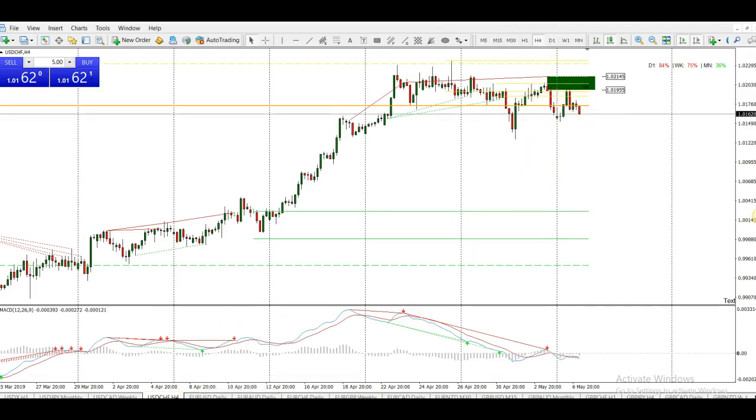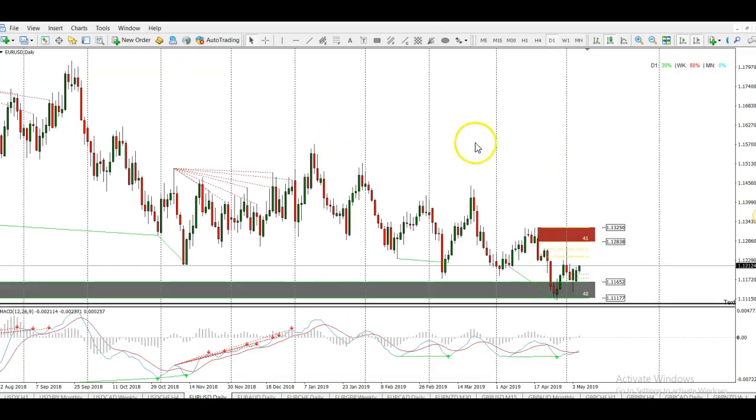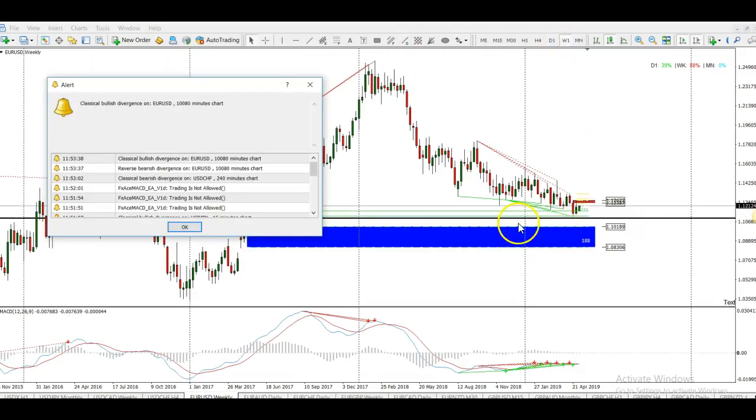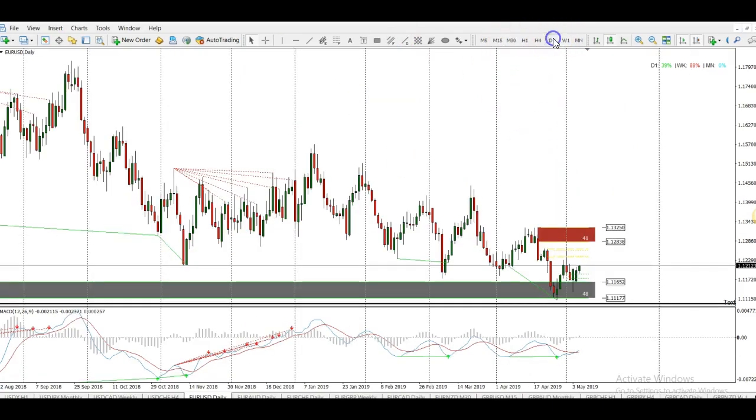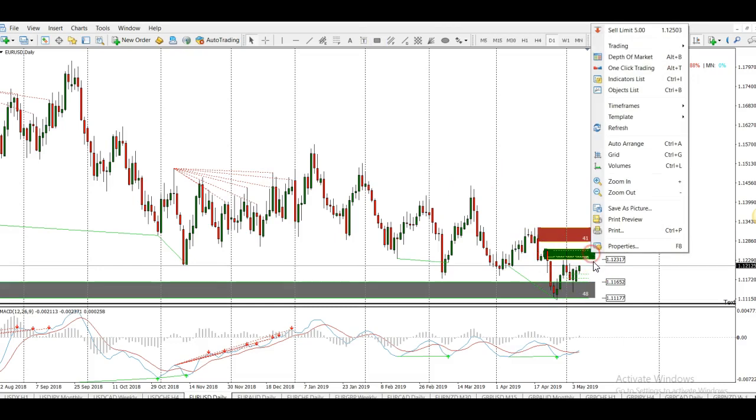Okay, Euro USD. Okay, so this area has failed again. It's failed to break out outside this weekly area here, and is moving back up. So this area here was tested, you can see. So I'm liking this to move back up